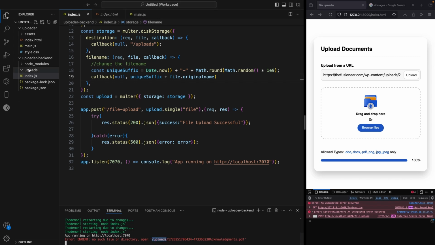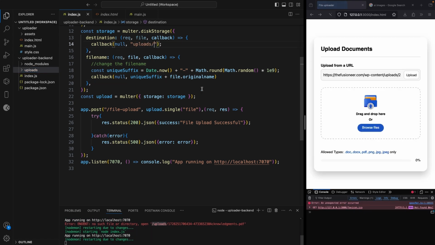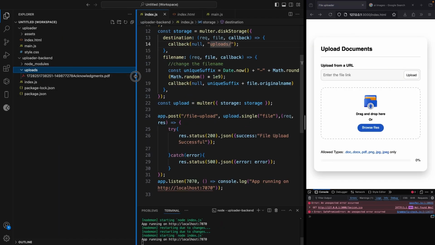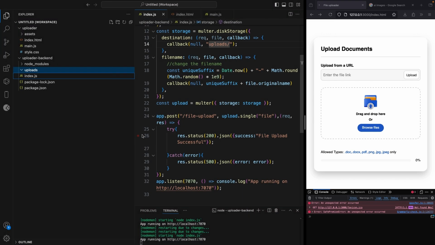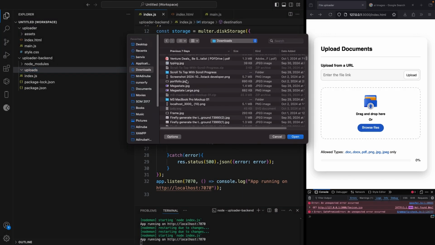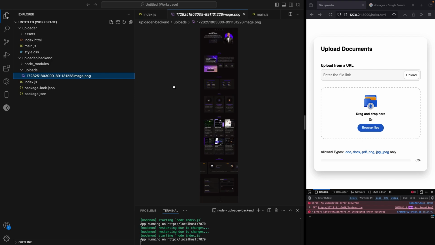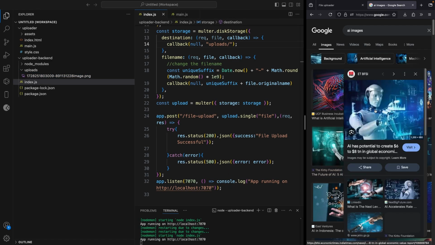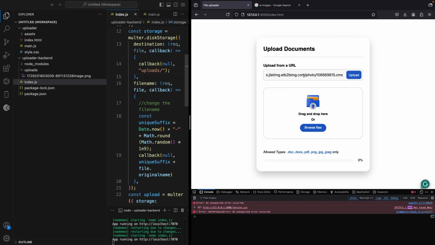Another error here, and it's still coming from the same place. Okay. This forward slash is supposed to come after uploads. Awesome. As you can see, it's now uploaded. Let's upload other files. Awesome. All right. So let's upload a file from online. I'll copy this link, come here, paste it, and